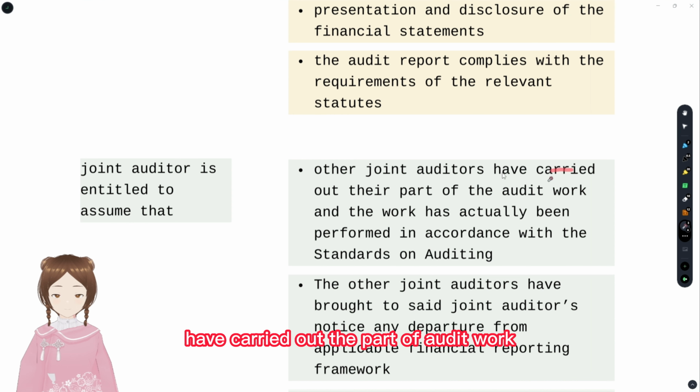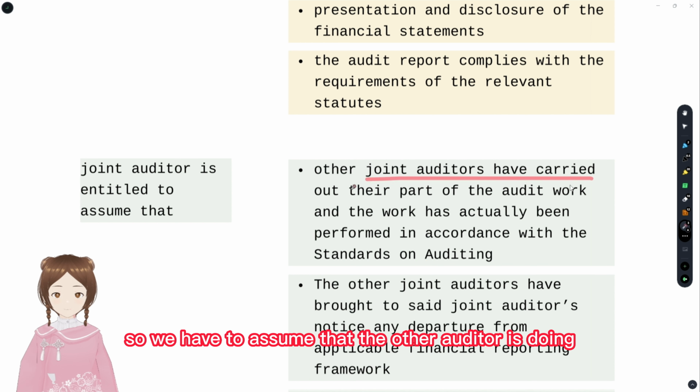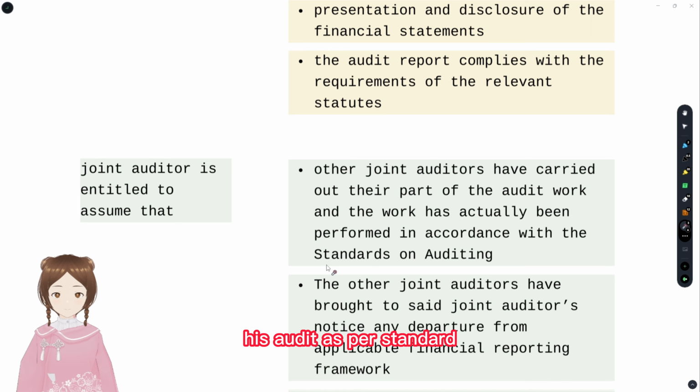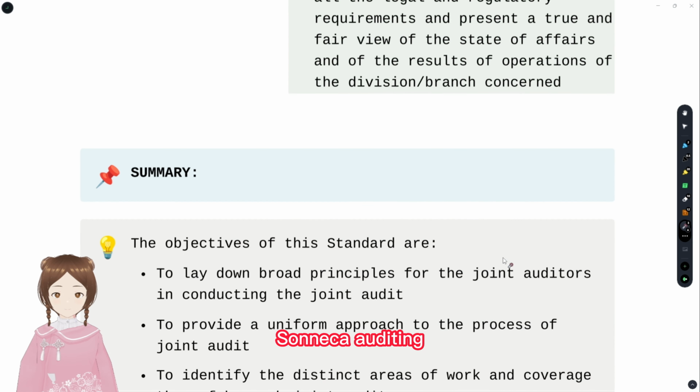And a joint auditor is entitled to assume, what are the presumptions of a joint auditor? Other joint auditors have carried out their part of audit work, and the work has been actually performed as per standards on auditing. What's the responsibility of the auditor? The responsibility of the auditor is to do the audit as per standards on auditing. You see, a joint auditor has gone to audit the financial statements of the entity, but not to review the work of other joint auditors. For that, peer review is there. So we have to assume that the other auditor is doing his audit as per standards on auditing, and